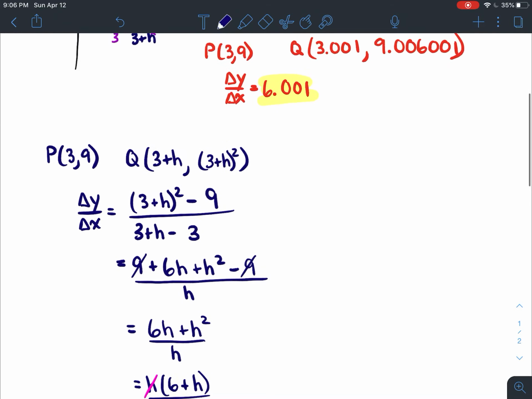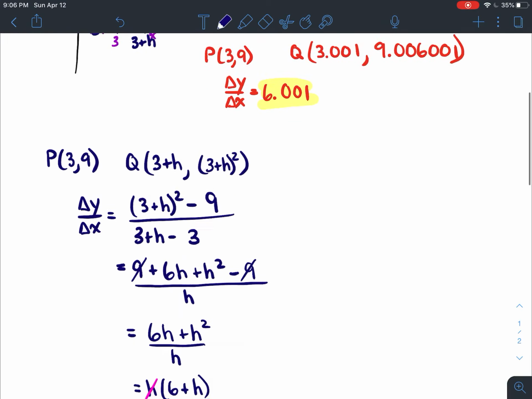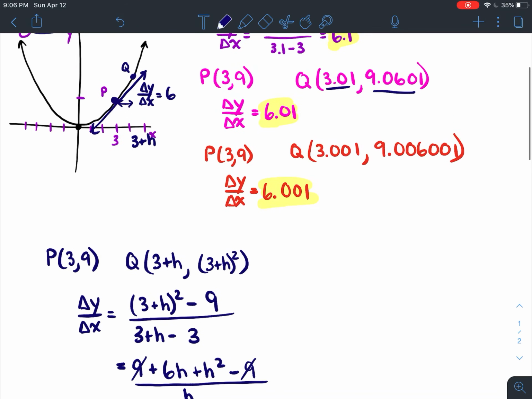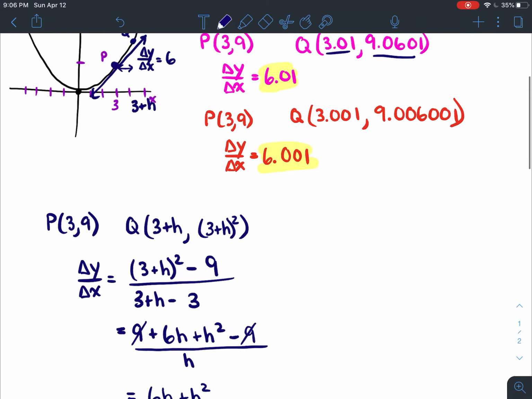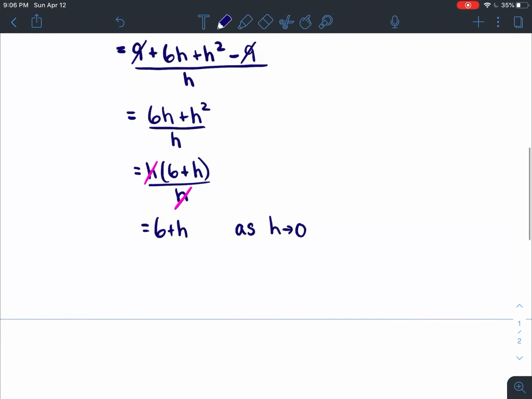What we really want is for this distance between P and Q, the X values, to be 0, because then we'll be right at point P. So basically we're saying as the X values decrease, the distance between them decreases, so they're right on top of each other, that's when we're going to get the best approximation for the slope right at point P. So as H approaches 0,